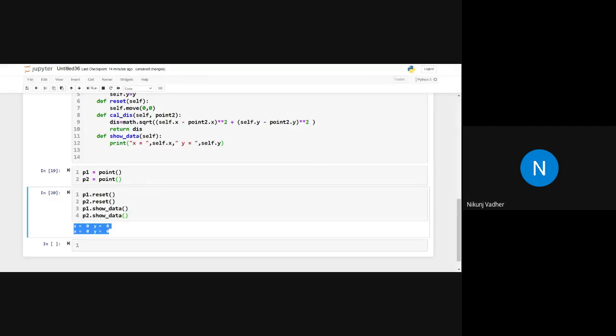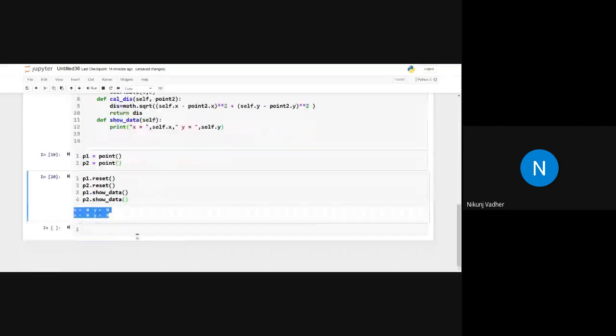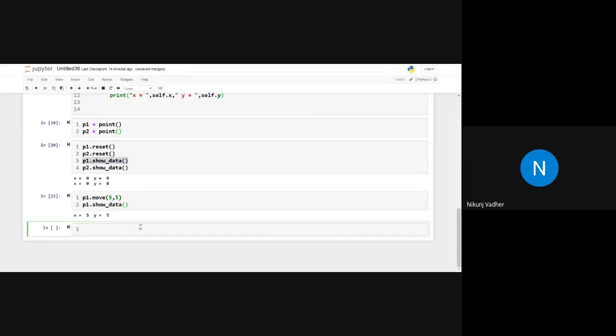Now let's find the distance between 2 points. For that we have to move 1 point, so let's move P1. P1 dot move, let's move it to 5 5. So now P1 is 5 5 and P2 is 0 0.